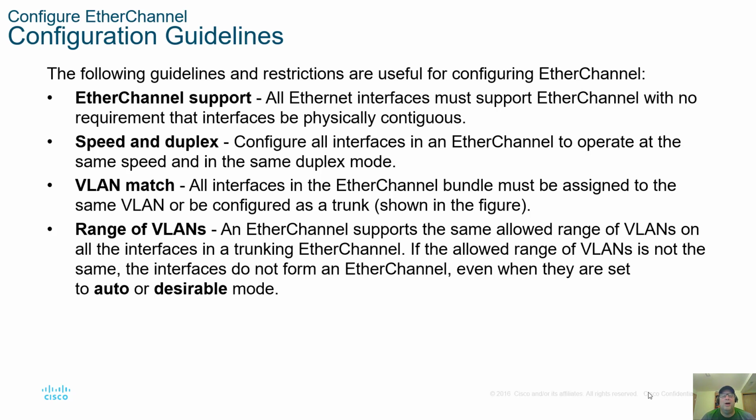The VLANs that are going to cross this, in most cases, EtherChannel is going to be between switches, switch to switch. Those are going to have VLANs. Those are going to be trunk ports. And almost every time I've set up LACP, it's been between switch to switch. So keep that in mind. The VLANs do have to match. If there's a range of VLANs, they have to match as well. No big deal